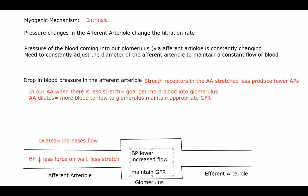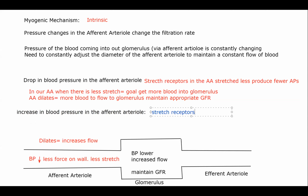If there is an increase in blood pressure in the afferent arteriole, then we want the opposite to occur, right? If you think about what would happen in this case, with an increase in blood pressure, our blood vessel, the afferent arteriole, would stretch more. Our stretch receptors would produce more action potentials. And as a result of that,